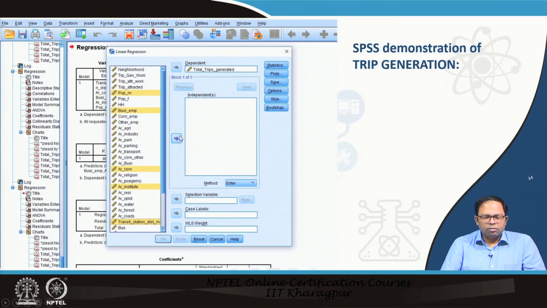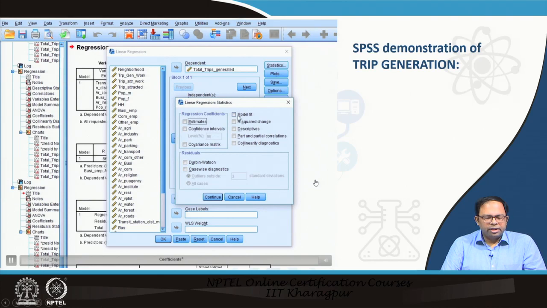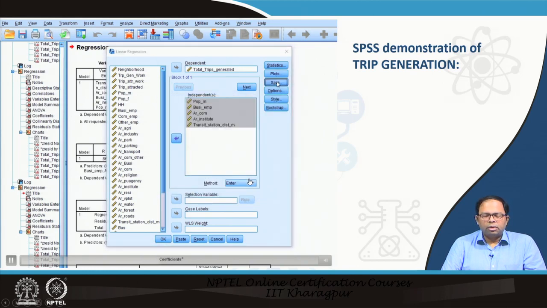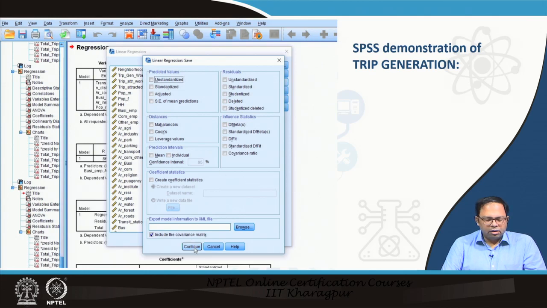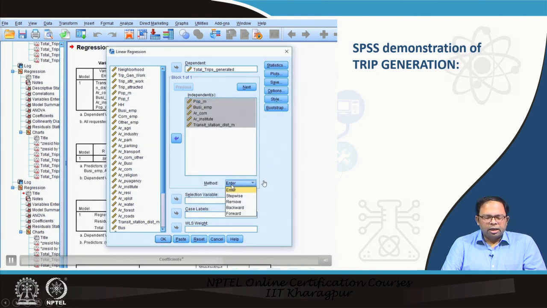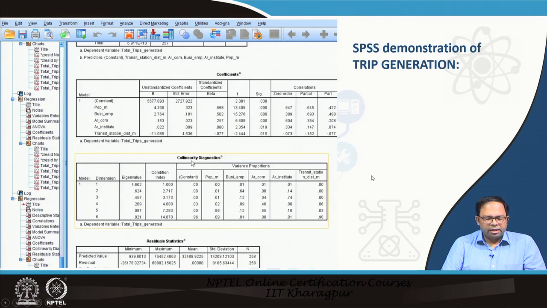This is a small video of the analysis. After choosing the dependent variable, we choose the different statistics that we need to see: collinearity, model fit, R square, Durbin-Watson. We can also do normal probability plots to check if the data is normal or not. Then we can put on the other statistics, we check the F statistics, and finally we choose the method, we kept it at Enter, and then we run and we get the results.